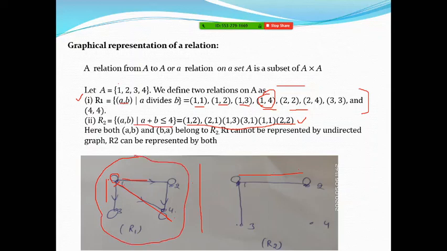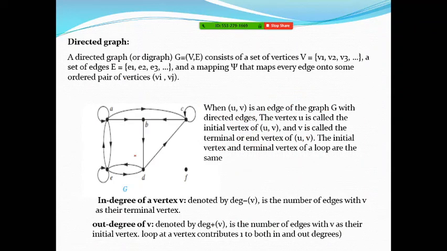So if we compare, it is the definition of a directed graph. A directed graph consists of two sets. One is capital V and the other is E. V is the set of vertices and E is the set of edges. Now what is the connection between V and E? Because these two terms were also there in an undirected graph. The difference is how E and V are connected.